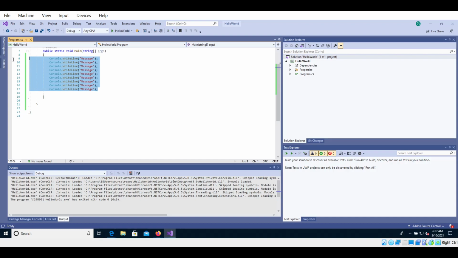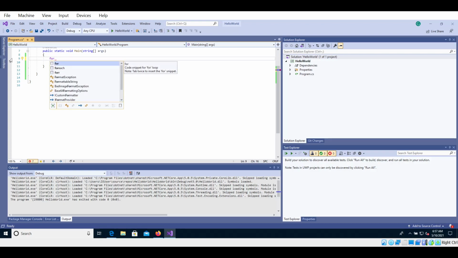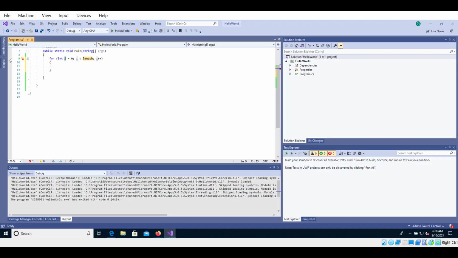Now, there are several types of loops. I'll start with the basic one, for. Usually people do several videos, but I'm going to combine all loops into one video just to compare them. Select for and double tap, and